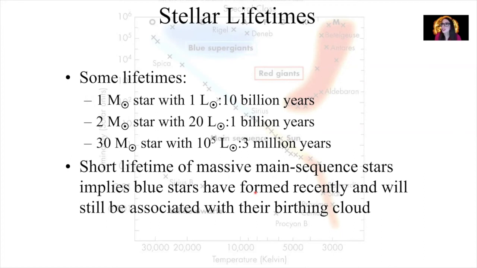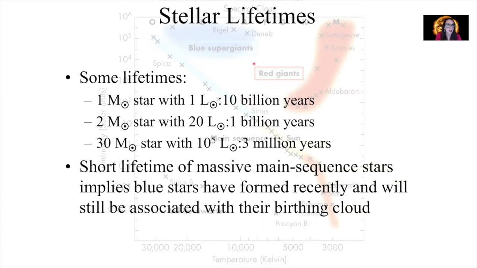I did mention that the smaller stars live a longer lifetime actually than the larger stars. So let's just put some numbers on them here. For example, a one solar mass star, that's what this M with the little circle with the dot in the middle means. That's our symbol for solar mass. One solar mass star with one solar luminosity, that's us, our sun, lives on the main sequence for about 10